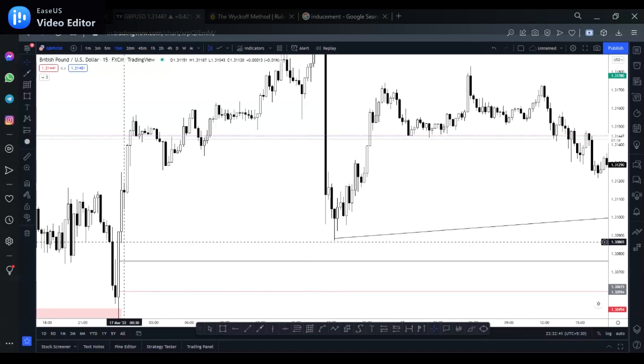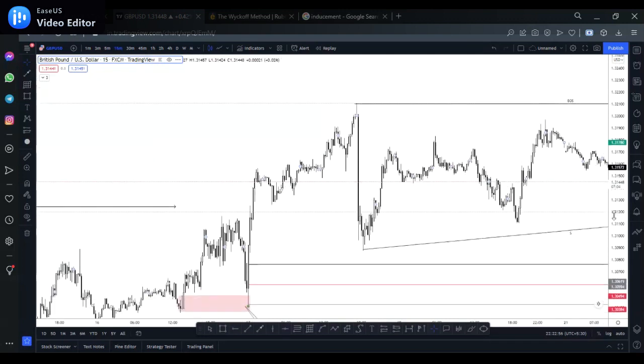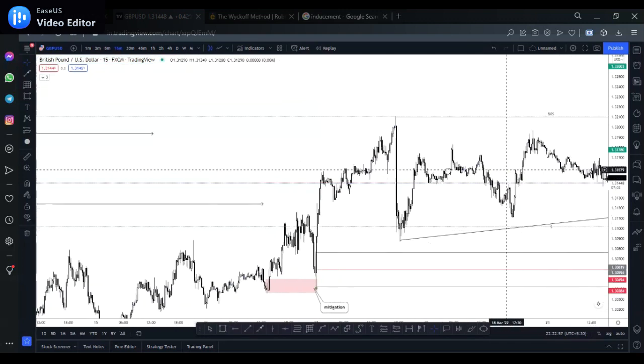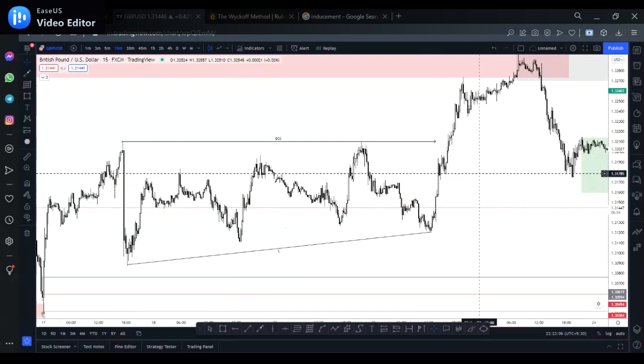And now you see they never took out the low, just did a scary movement, I guess, to scare guys into manually taking out their trade before moving back up. So this is just the whole concept of structure here. You have to understand structure not as the book tells you, but as a smart money trader. You have to understand and look for liquidity. Think of what you would do and play smart.